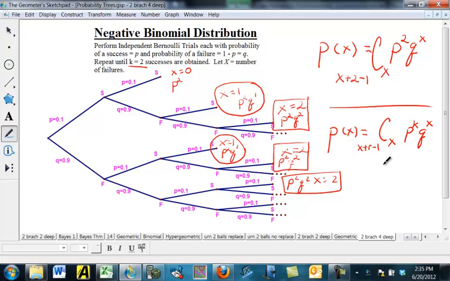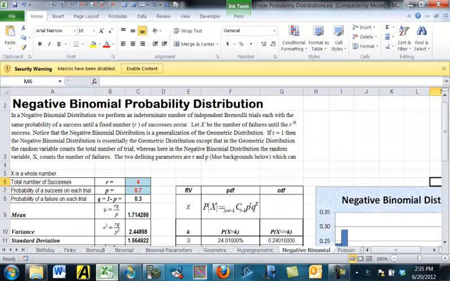Okay. Now, by the symmetry of this, another way to write this part right here is x plus r minus 1. We can count how many places where we put the r minus 1 successes, and we'd rather write it that way. But I'm going to choose to write it this way. So here is our probability density function. Now I'm going to switch over to Excel,